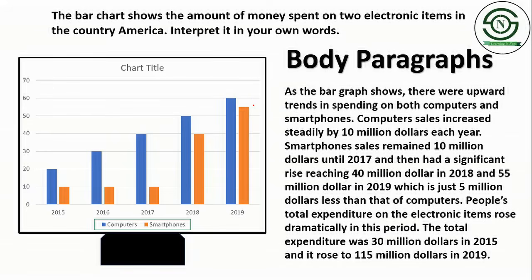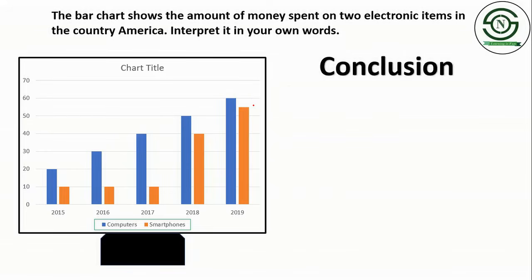Now finally we come to conclusion. In conclusion, you just look for a trend. So when you see the bar graph, what trend do you notice? You can see the rise, rise also in computers, rise also in smartphones. But when we make the comparison between computers and smartphones, you can see the increase in the sale of smartphones is much more, right? So therefore you can say